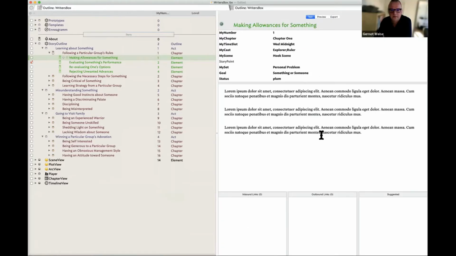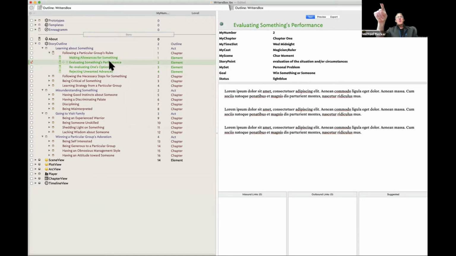Yeah, okay. And so, one of the powerful things of Tinderbox is you can essentially abstract your content, the essence of what you're trying to write, from its attributes. And those attributes allow you to act on that information. So in this particular item, you've got Act 1, Scene 1. And you've got my number equals 1, and this is chapter 1, and you've got some meta information, aka attribute values, about that particular scene, correct? And can you click on scene 2?